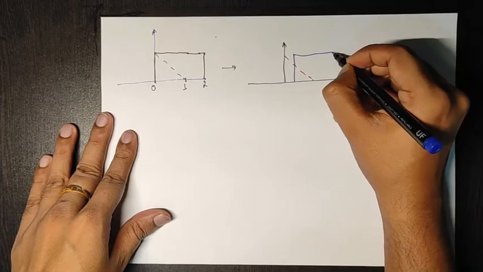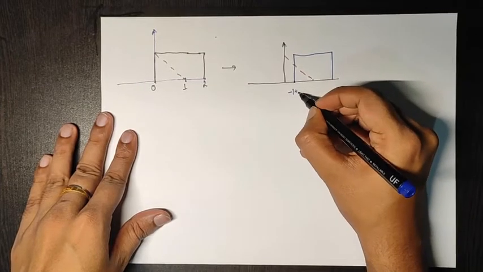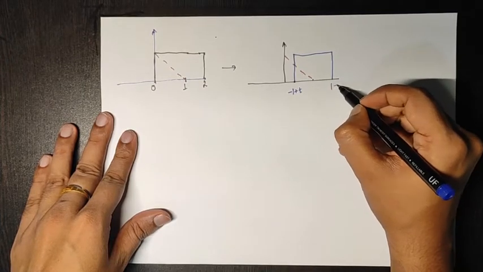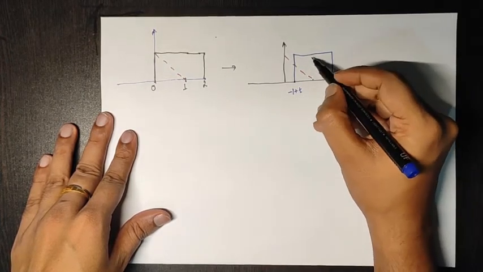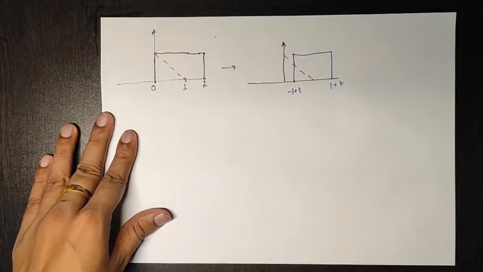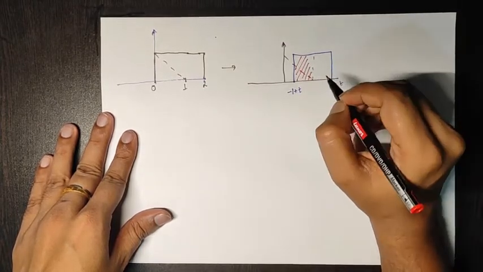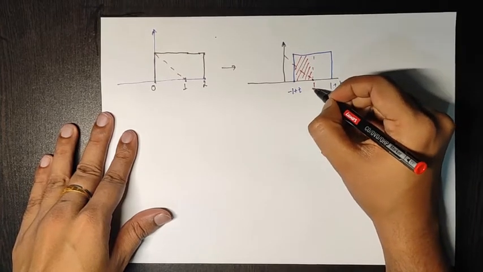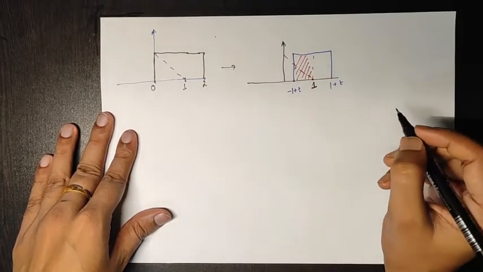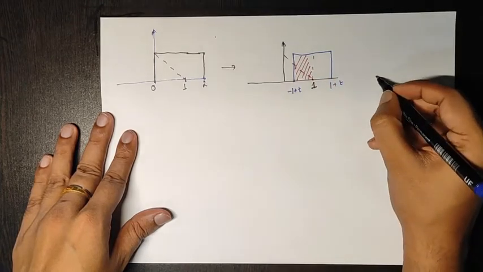If we do further shifting, once again this point will become minus 1 plus t, and this point will become 1 plus t, but here the limit changes. What will the common area be here? This is the common area product, and this value is 1, this is 1, and once again we can do a maximum shifting of 1 unit.